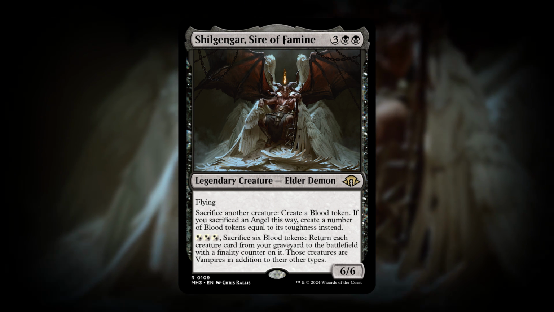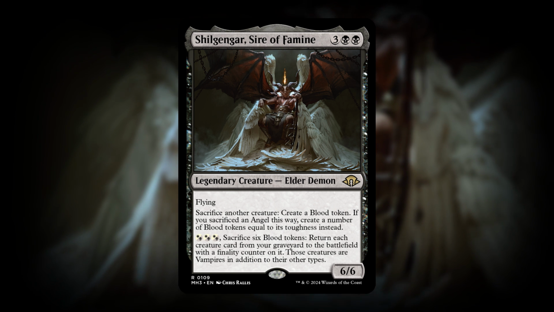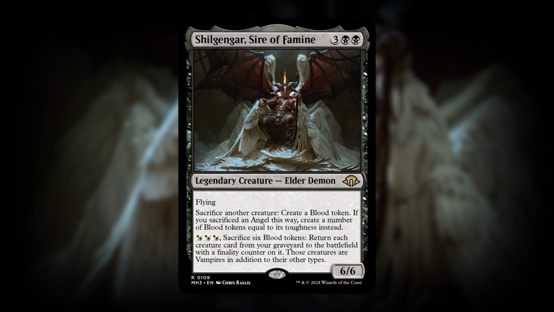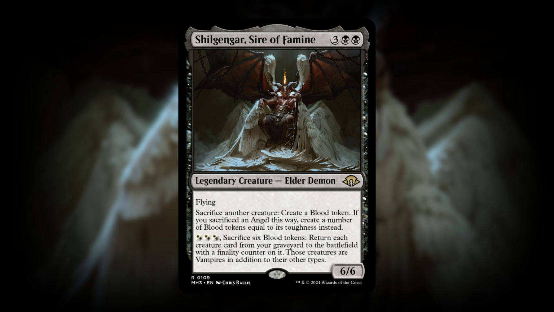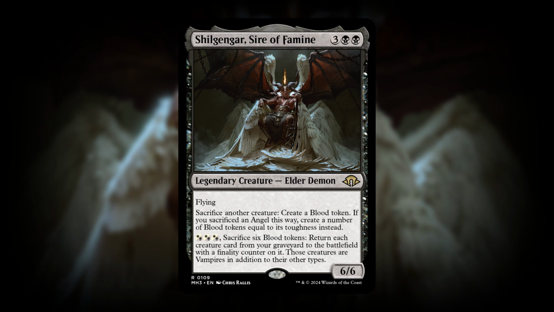I do love how it's an engine in the command zone focusing on sacrificing creatures to make blood tokens, and those blood tokens will be sacrificed to put all creatures from the graveyard onto the battlefield. And if anything else, you could use those blood tokens to loot so that you could discard a big giant creature card from your hand into the graveyard and draw another card. For me personally, I do see this being a very popular commander in the format for sure, especially in the